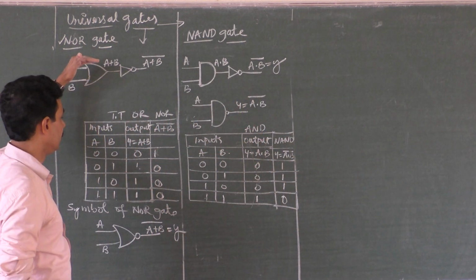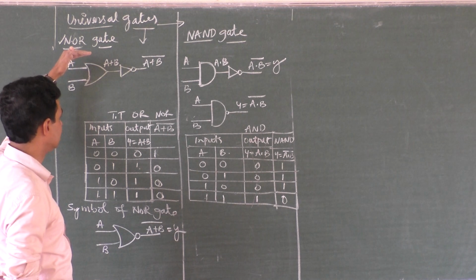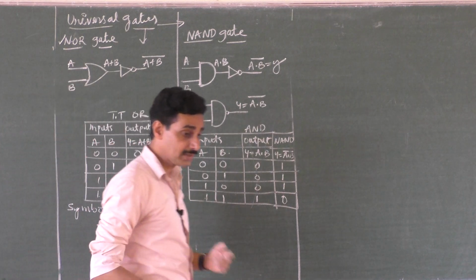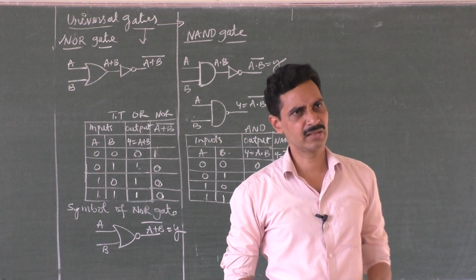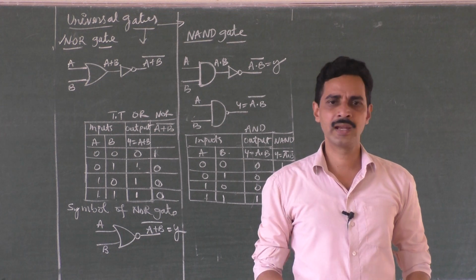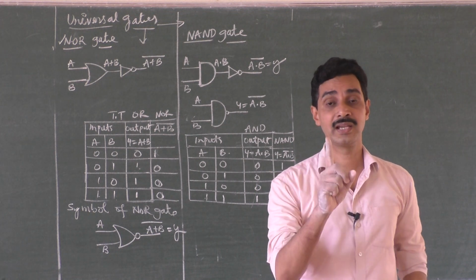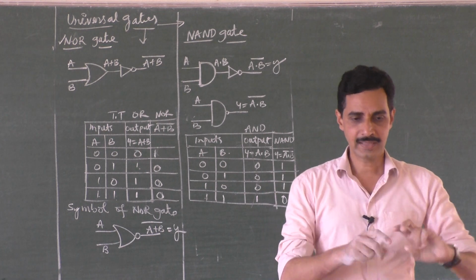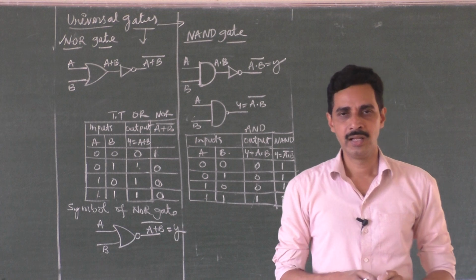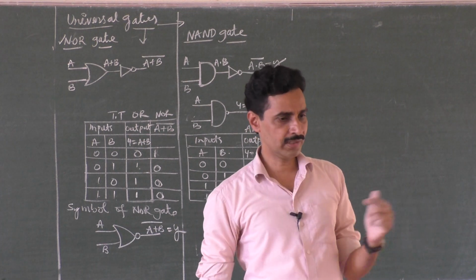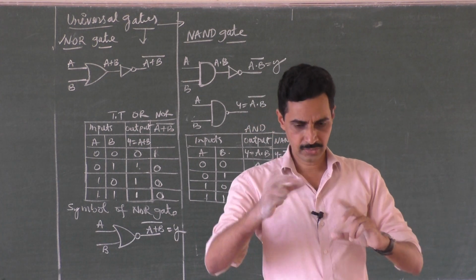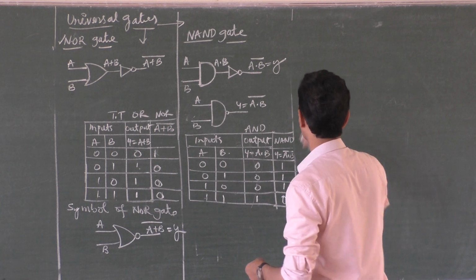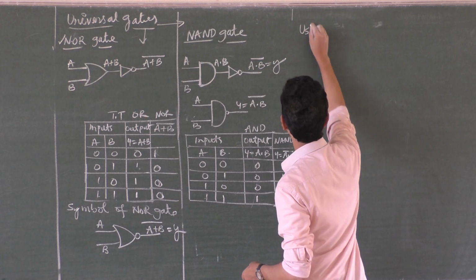Using NOR, first we will try to construct NOT. Can we construct a NOT gate using a NOR gate? NOR gate has 2 inputs, but a NOT gate must have only 1 input. What will we do? Tie the inputs together, short them. Now you will have only 1 input. When both are tied together, both will have the same input. So tie the inputs of the NOR.